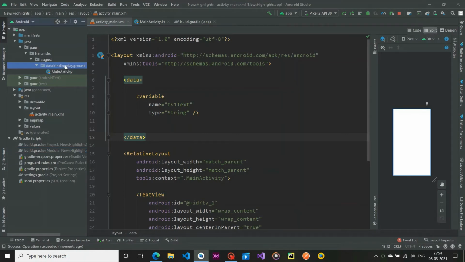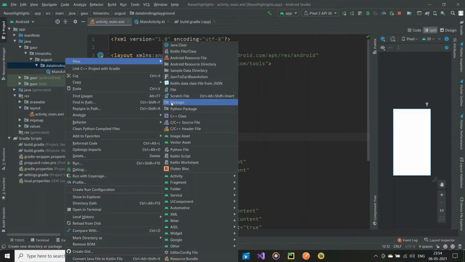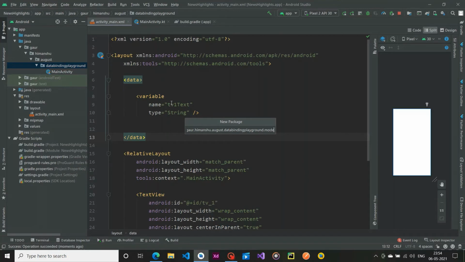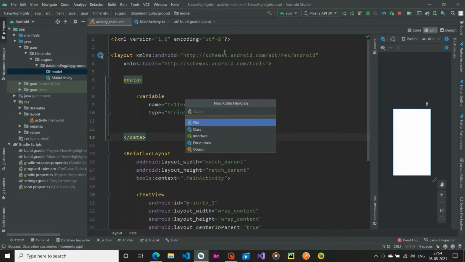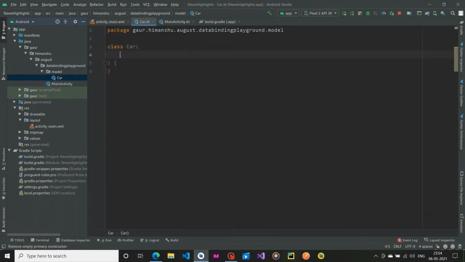So now I'm going to create a new package, and the package name is model. Just create a new class, I think the car class. The car class is very famous in dependency injection.